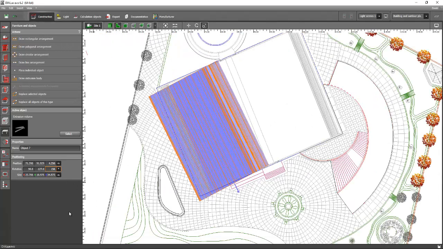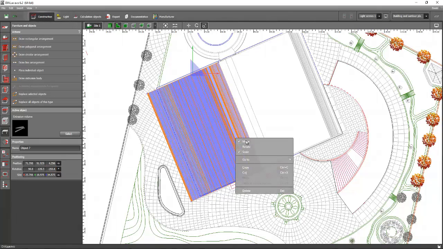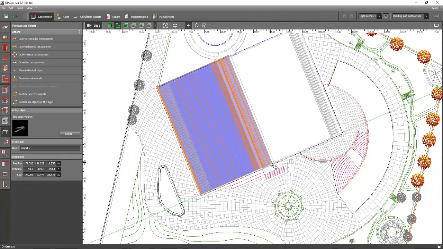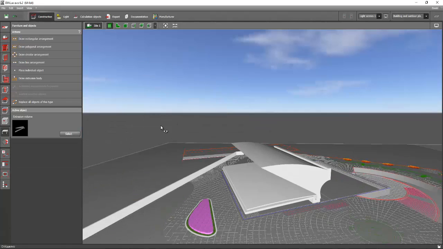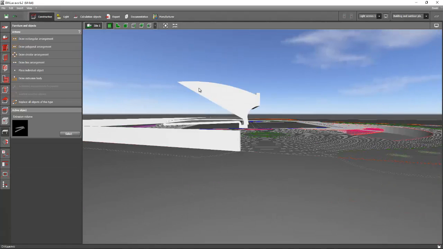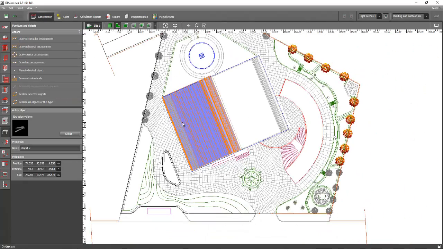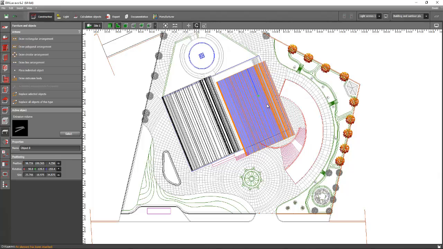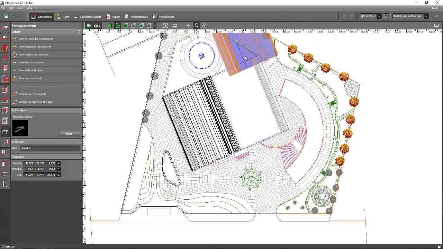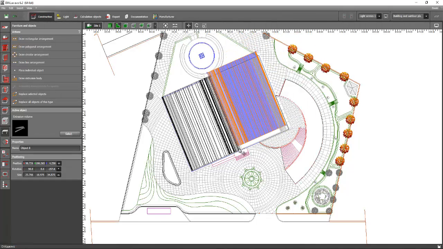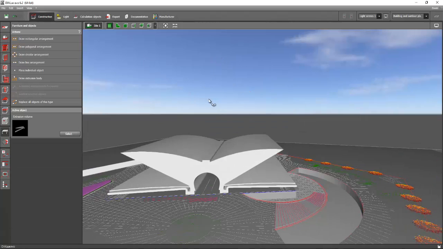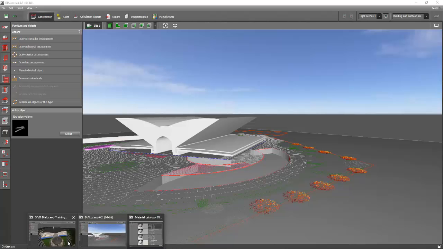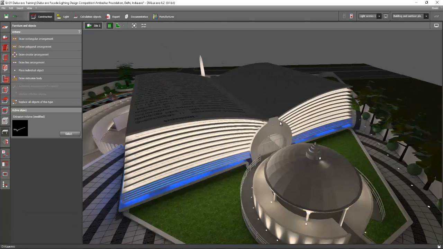I think this is 150. Yes, this is 150, correct. And then move it. And then for example, this is a properly drawn object. All you have to do is copy it, Control C, Control V, and then rotate it again to make it an equal or mirror effect to complete your whole building facade. So that's how we do our building.